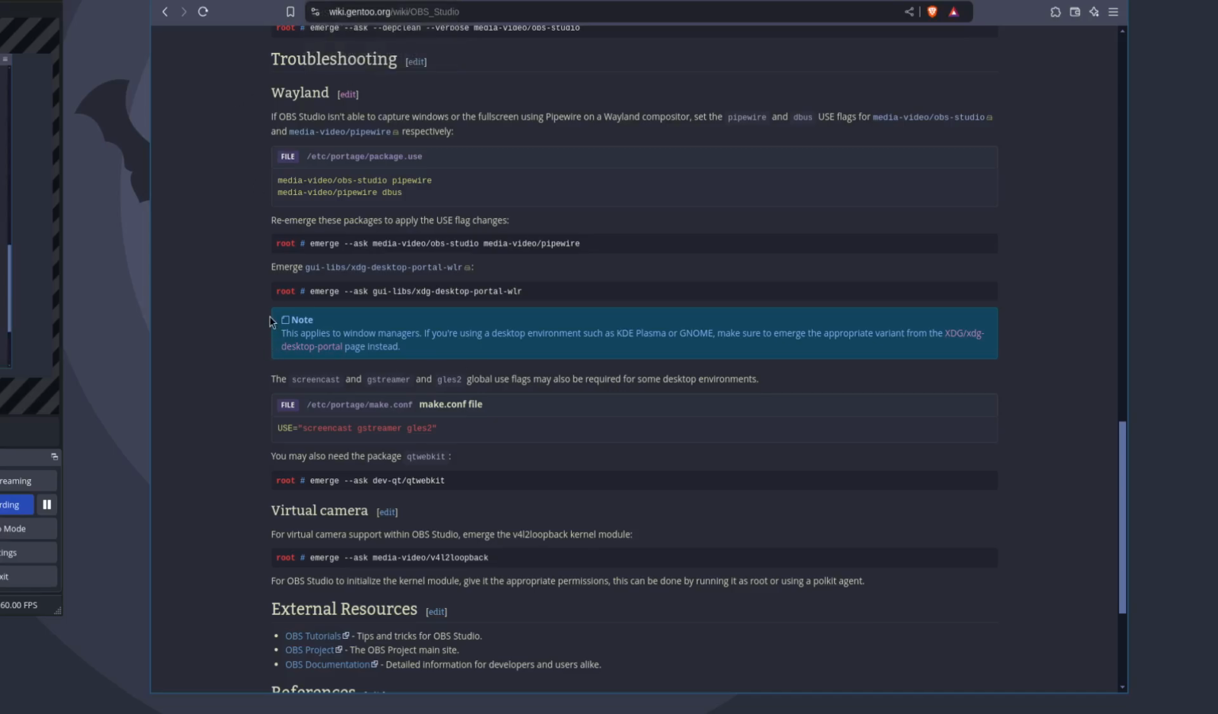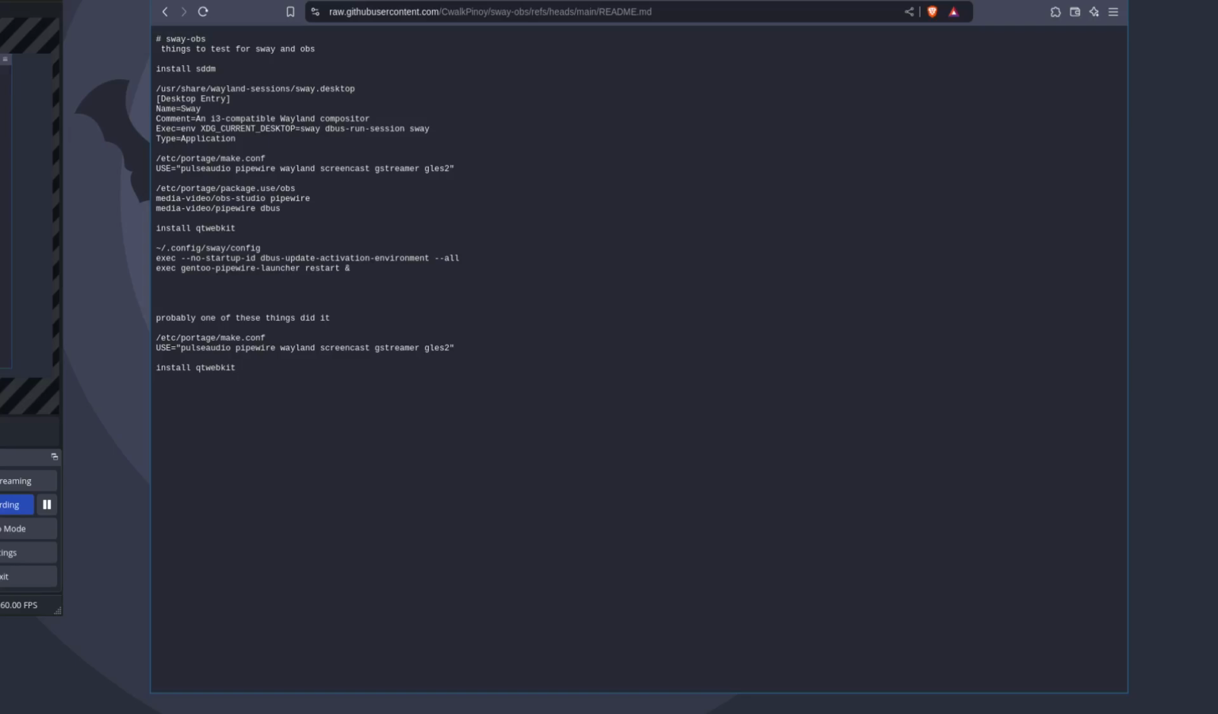So I've written instructions though for the last two things I changed, because here's what you need. You need the desktop entry that says XDG current desktop equals Sway. Maybe, I don't actually know if you need this, it might already be set, but I set it anyways. One of these two things is what really changed it: I installed Qt WebKit, and I added to my use flags, which right now are Pulse Audio, Pipewire, Wayland, Screencast, GStreamer, and GLES2. Now, Screencast didn't seem to work, but I added GStreamer and GLES2 and installed Qt WebKit, and that seems to